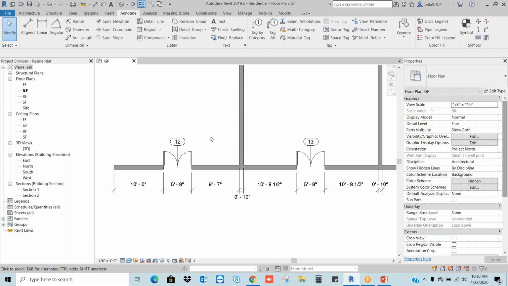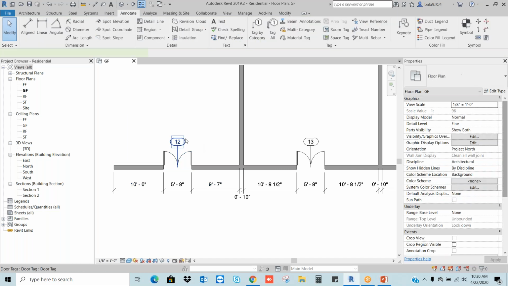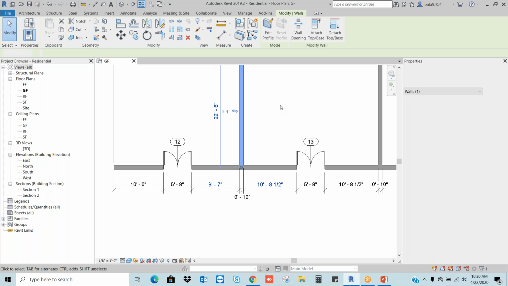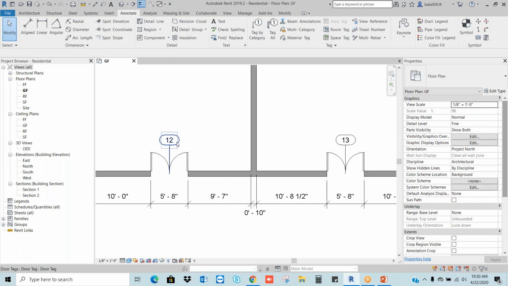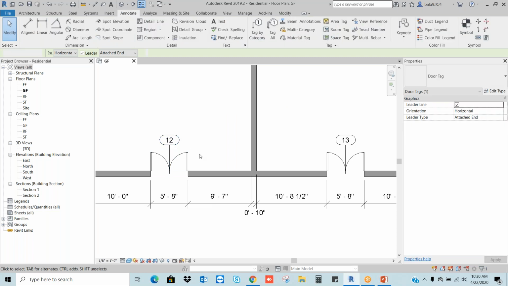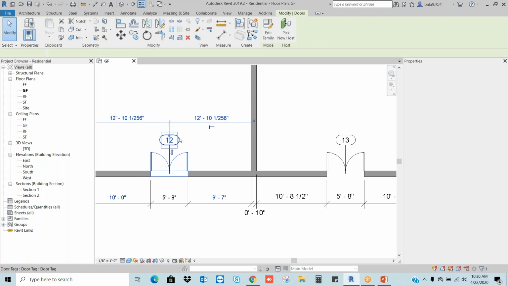Before editing this tag, we should understand that Revit is a family dependent software. If you select one door, it is a family. If you select this tag, it is a family. If you select the wall, it is a family. So what I do, I will select this annotation family, this tag family, and I will link between door and this tag.